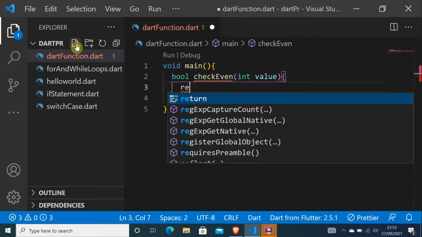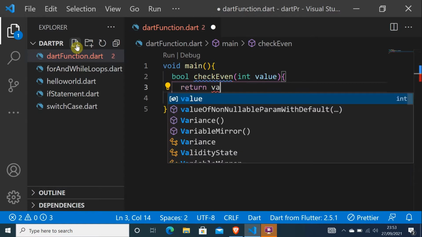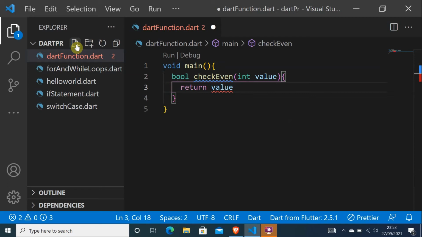and it will return value modulus 2 equals, is it equal to 0? So here we are checking if a number is even. If it's divided by 2 and the remainder is 0, the number is even. As you can see here, we have one statement, return value modulus 2 equal to